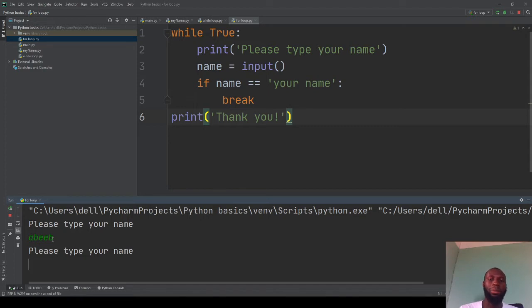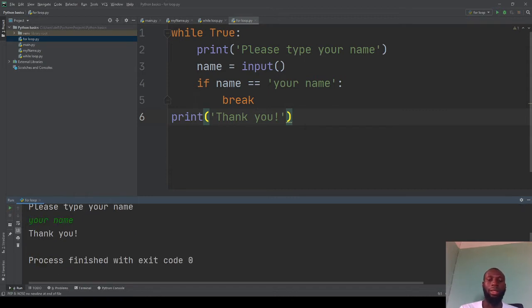It was actually expecting the statement your name. Because you can see from our if statement here, we initiated the name to be equal to your name. So the actual input that it is expecting from us is the your name statement. Now the moment I enter your name,